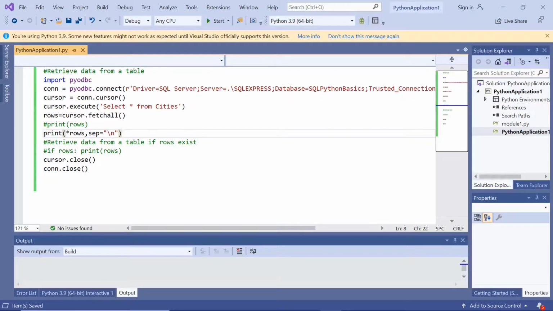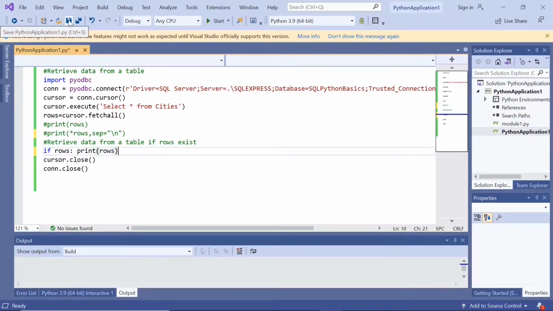Now if there are no rows in the table, let us see how we do that. Let us comment that, and this part is only if there are rows, print rows, otherwise don't print rows. So if I execute this now,